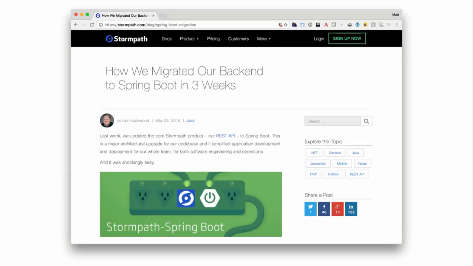So at Stormpath, we have a lot of experience with Spring Boot. Last year, we migrated our microservices architecture to Spring Boot. We took about 3 weeks to do that. It was a traditional Spring app secured with Apache Shiro and configured with both XML and Java config. When we added Spring Boot, it didn't replace Spring, but it simplified much of our architecture by adding a layer that helped automate configuration and deployment while making it easier to implement features.